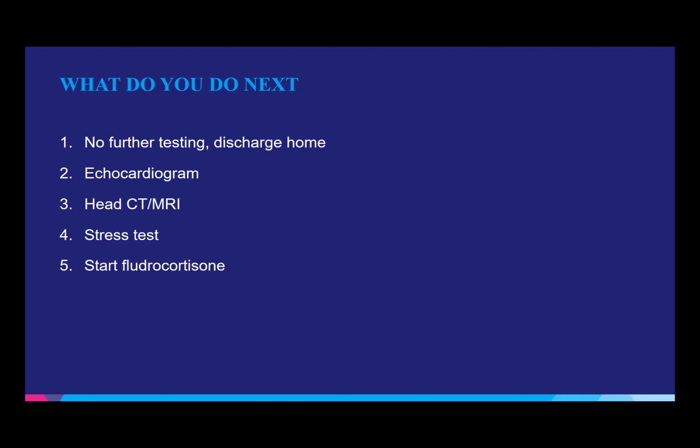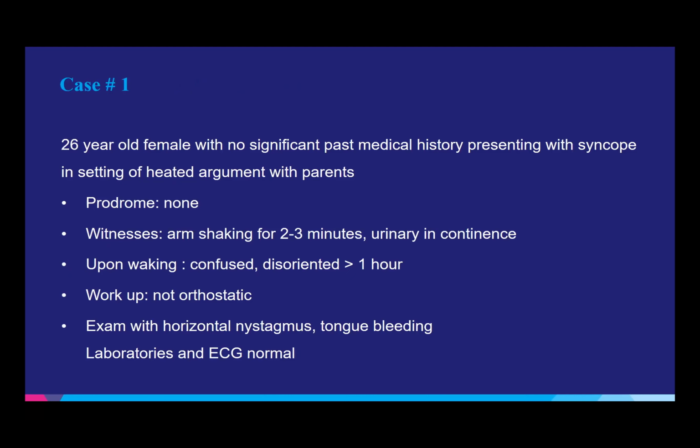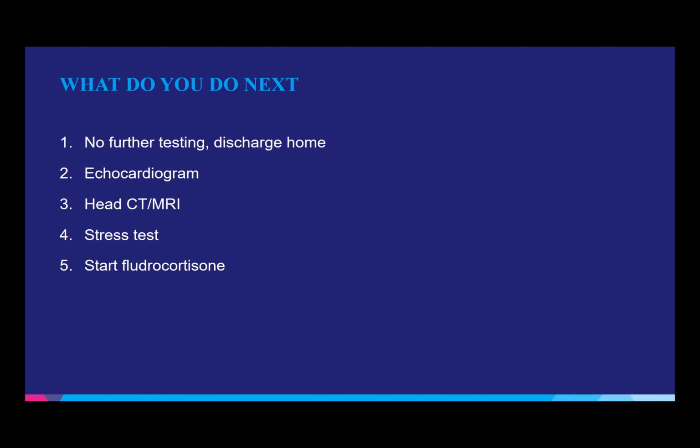You would call the hospitalist and say, here's an observation case, get an echocardiogram or a head CT or an MRI. You would call the cardiologist and say, hey, does this person need a stress test, or would you start fludrocortisone? So unlike Sonal's thought process, where she was thinking about potentially a seizure, I may not have considered it, or I may have, and I've put a head CT in there for perhaps a first-time seizure workup, right? I'm not getting an EEG.